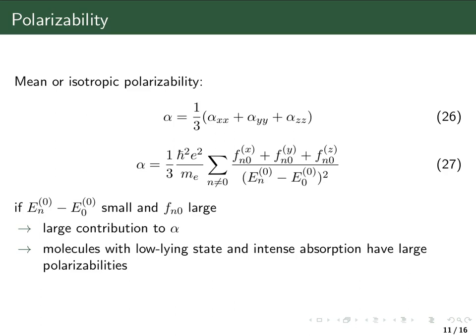And that means molecules which have low-lying electronic states, and therefore one or several small excitation energies, and molecules which have intense absorption, because if the absorption is intense, then the area under the absorption peak is going to be large, and I'm going to have a large oscillator strength. So molecules with low-lying states and intense absorption will have large polarizabilities. And if a molecule has a large polarizability,